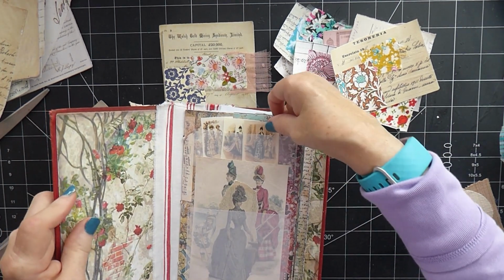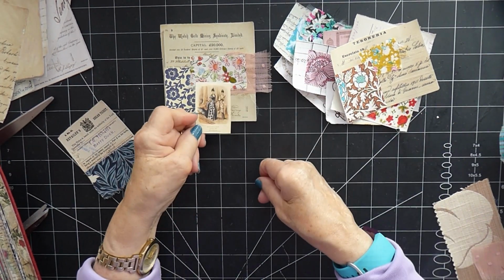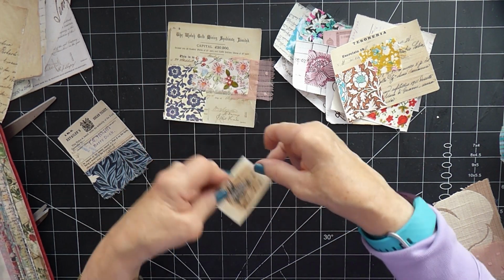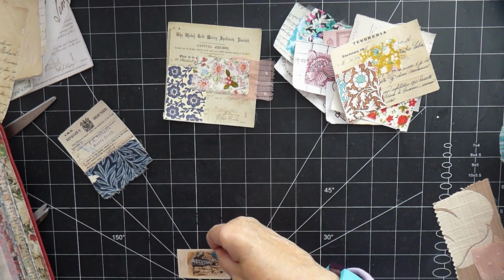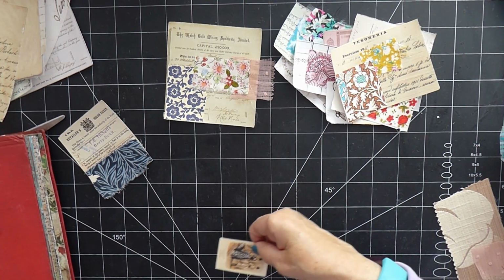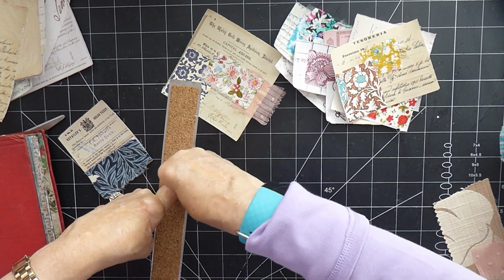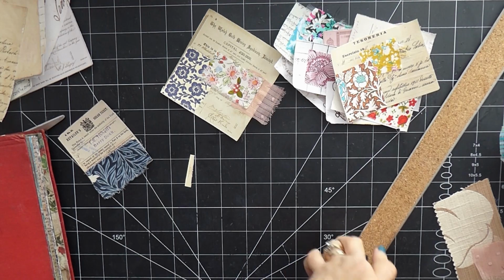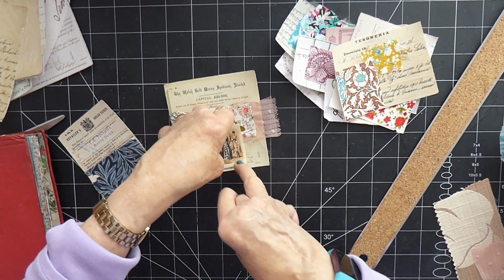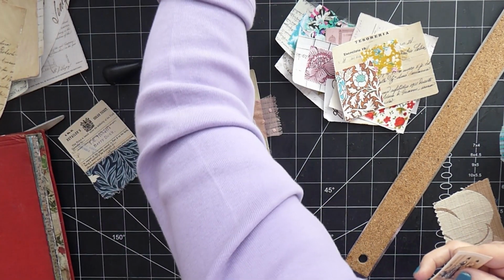But I do have some of these Shabby Dabby Doodah vintage ladies, and I think actually that one is going to go quite nicely right there. I just need to make it a touch smaller. Oops. And I'll put that one there, I think. Because it just looks a bit odd like that, but I think if you just put a little something there, it just kind of finishes it. But I will need to ink around it, and I apologise for